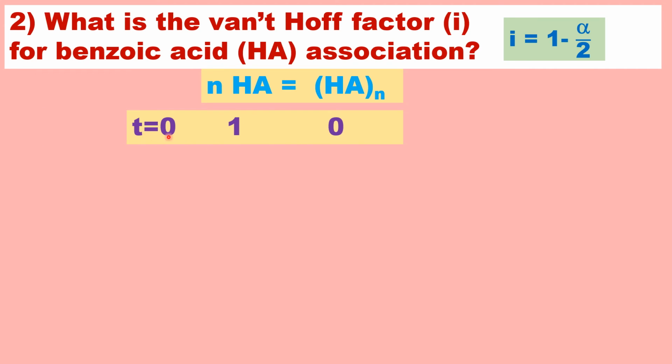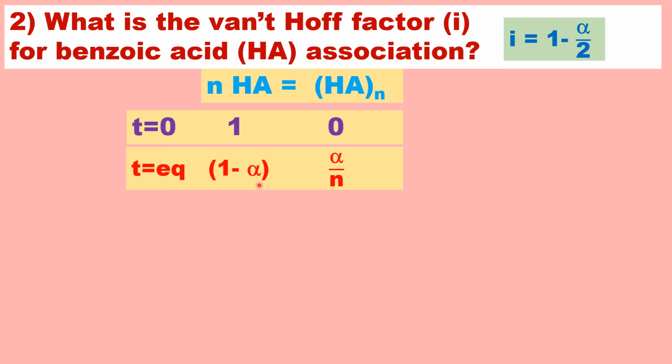Now at time t equal to 0, similar to dissociation of weak acid, let us take 1 mole of HA, and at t equal to 0 there is no HA dimer or trimer or polymer, so 0. Now at equilibrium, a fraction alpha of HA is associated,